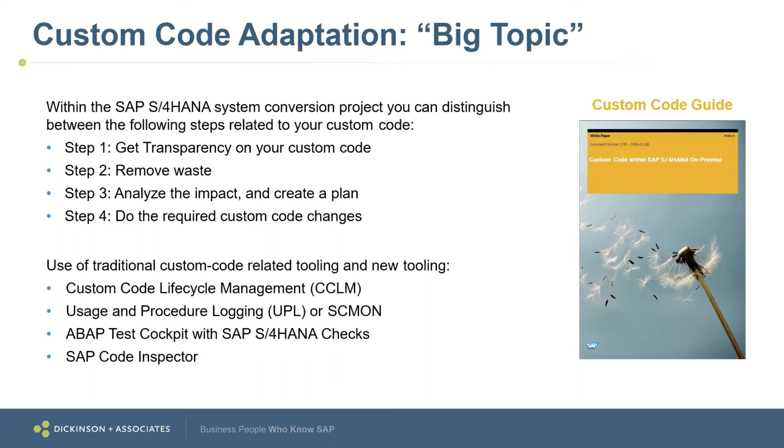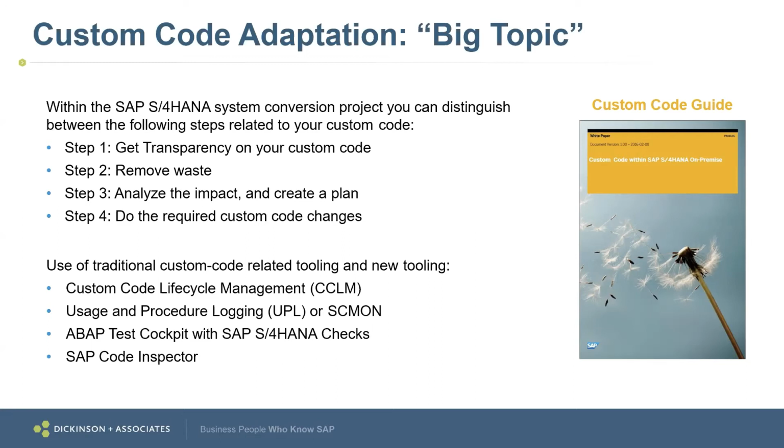From there, however, we want to analyze the objects that need to be corrected and create a plan, a level of effort on what are the objects that actually need to have the corrections done to them. And then ultimately do those corrections. Understand that, as I said, there's both pre and post steps in this process. So the tools that you might consider using are first, the tools that are going to collect and analyze information about your